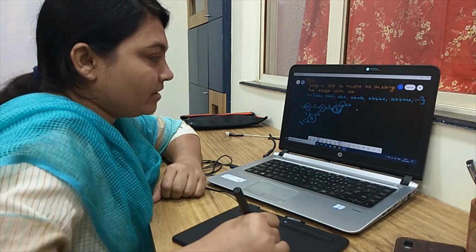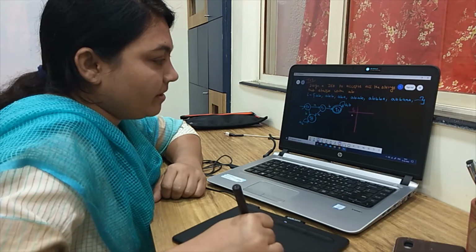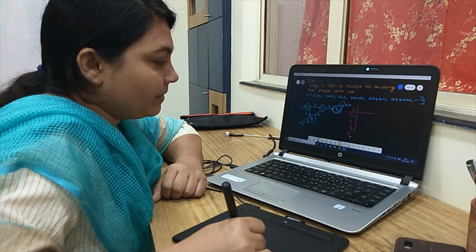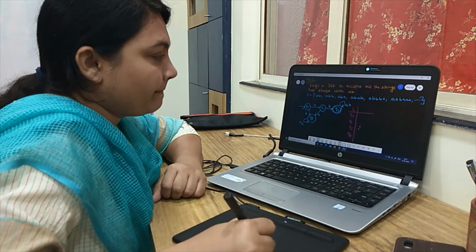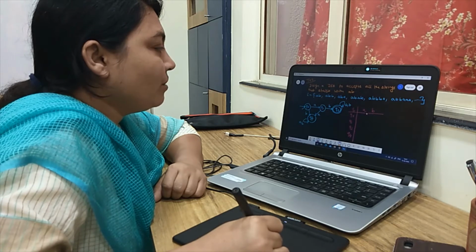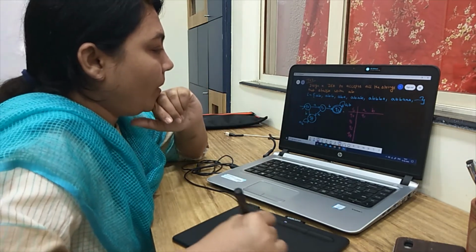Now let me draw the transition table. We have how many states? Q0, Q1, Q2 and Q5. Input is A, B. Q0 on A, look at here, it goes to Q1. Q1 on B,